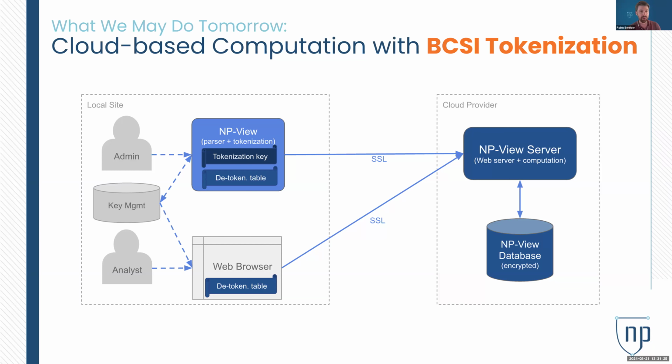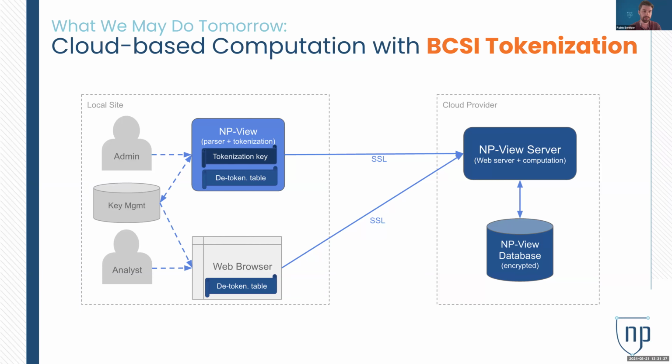And the solution to do that is to leverage tokenization, meaning that there is an on-prem piece of software. Our product is called NPU, so they install that on-prem piece of software, and then we tokenize all the BCSI data, so IP addresses, object group names, anything that is labeled as sensitive. And only the asset owner has the detokenization table on site.